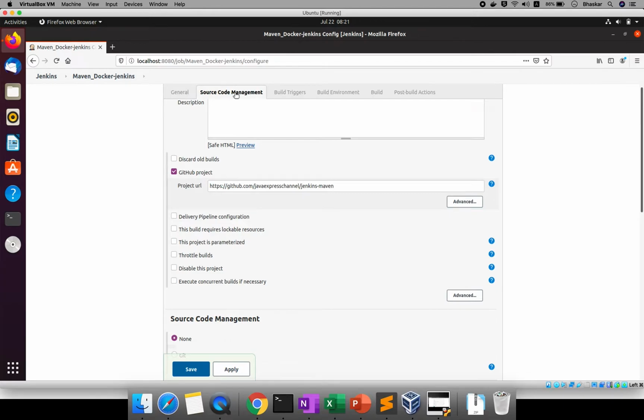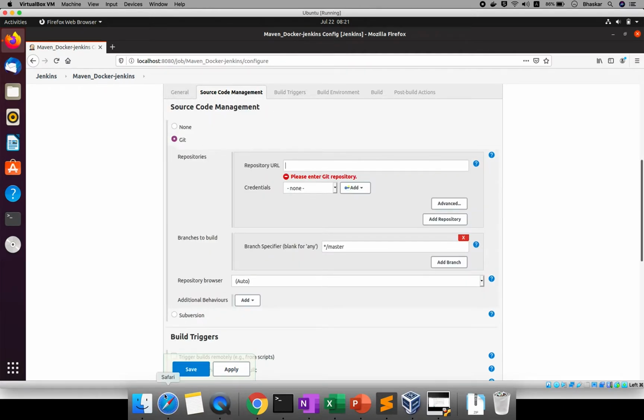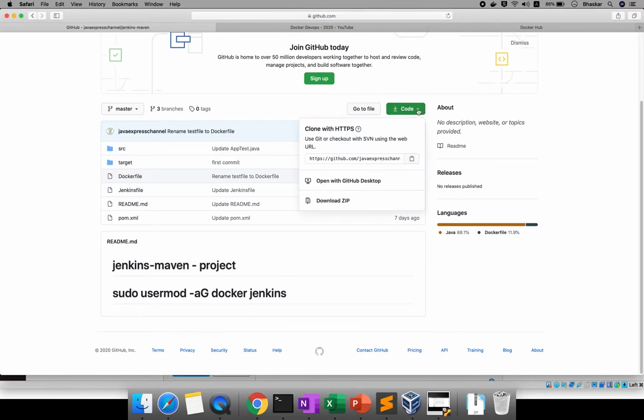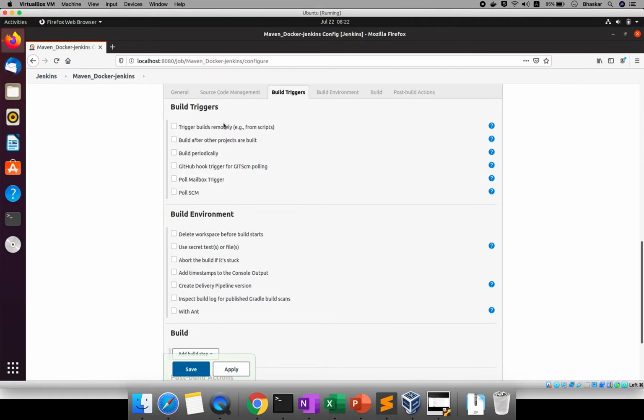Next, source code management, Git. This configuration we have done a lot of times already. Paste it. Next, build triggers. When the build should be triggered, we don't require anything here.